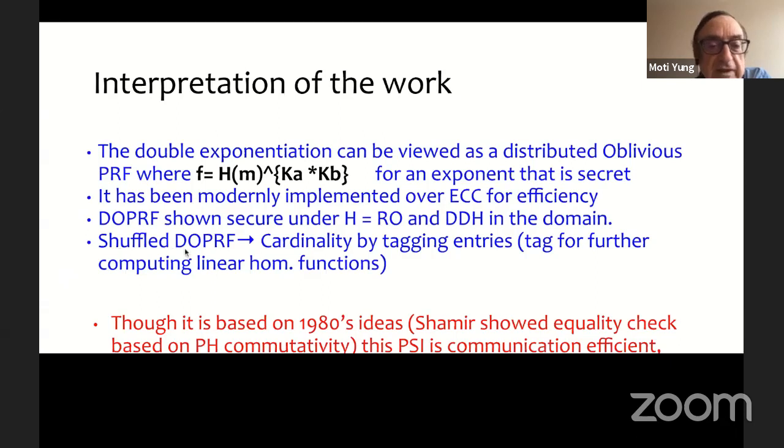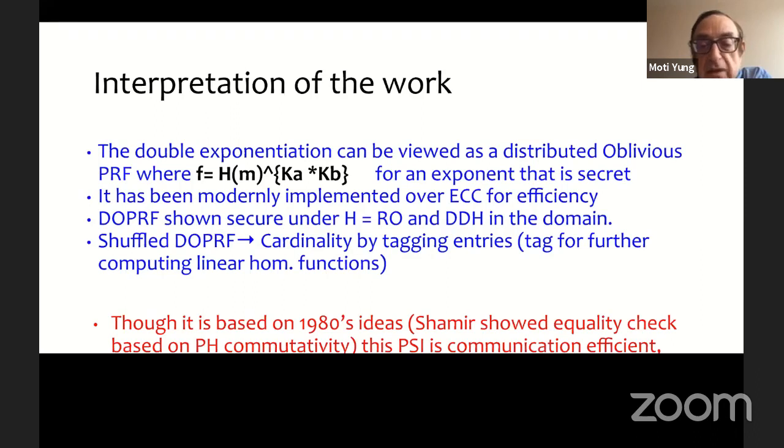And shuffle, the distributed oblivious PRF, is when one party shuffles randomly and it leads to the cardinality by shuffling, and so you can only tag the entries, so it doesn't really compute. It's a little bit of an extended functionality in which it doesn't just tell you the cardinality, but it also tags the elements that are in common without knowing which elements they are, but this enables us to extend it to the sum by picking the associated elements.